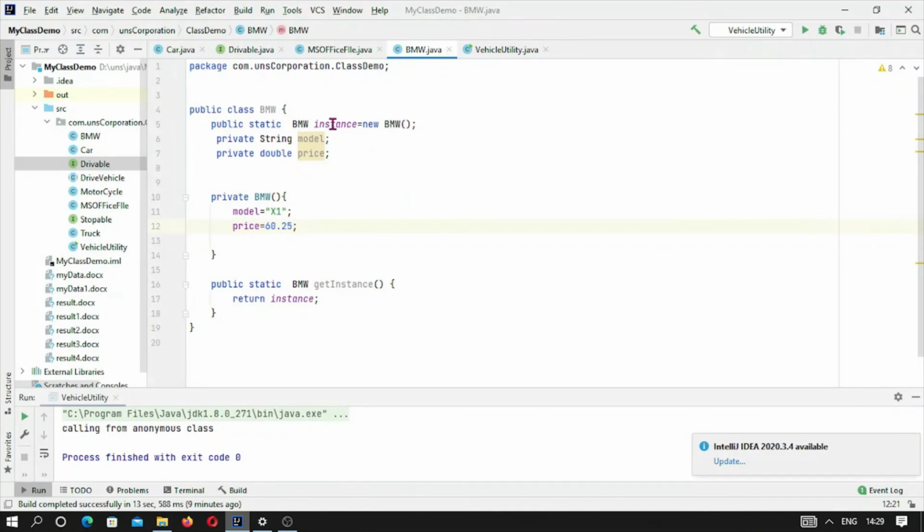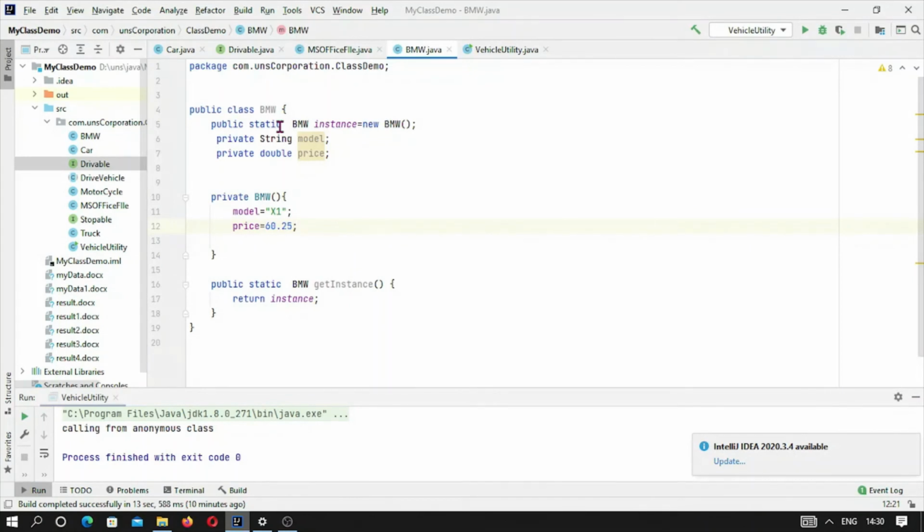So whenever we get this field, it will return an instance, and this instance is a new BMW. So this line is creating an object. Again I am repeating, this is public static, so it will always be used with the class name.